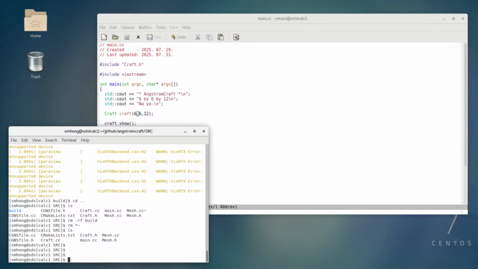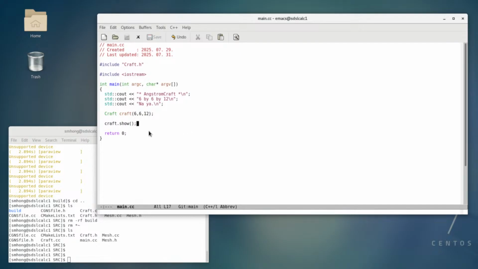Okay, so this is the second video today, July 31st. In the previous video, I just introduced a single cube. It worked. However, in reality, we need many cubes in our simulation domain. So in this version, I introduce the simulation domain, which is made of 6 by 6